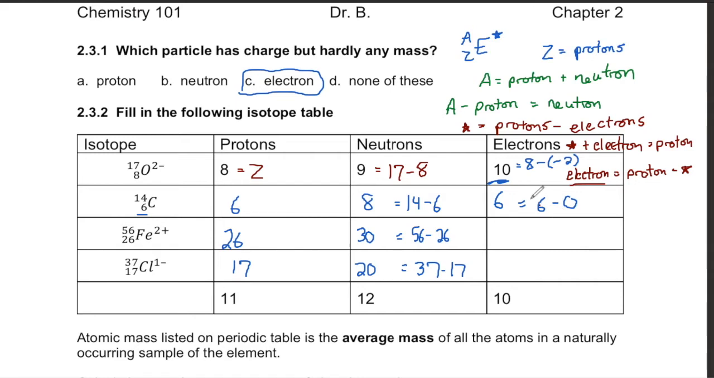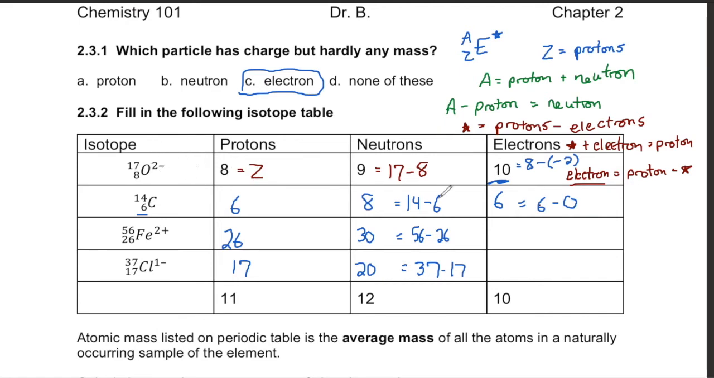For the electrons, we're going to take the number of protons and subtract the charge. This carbon has a 0 charge, so it has 6 electrons. The 6 electrons and the 6 protons balance out to give a 0 charge, so that's a good double check. Just like this one, if you have 10 negative charges, 8 positive charges, you're going to have a total overall